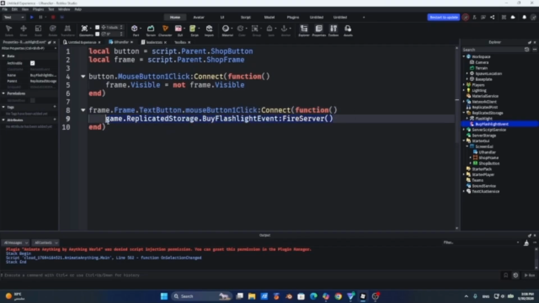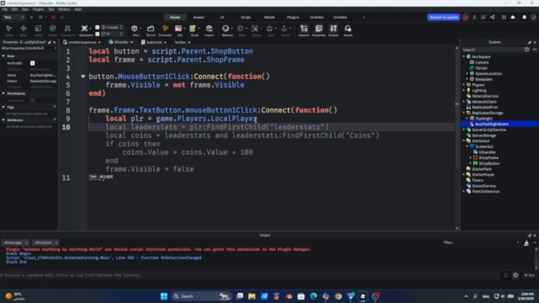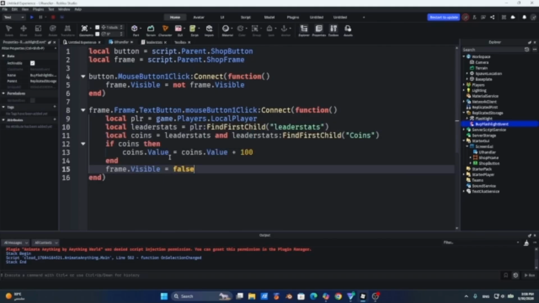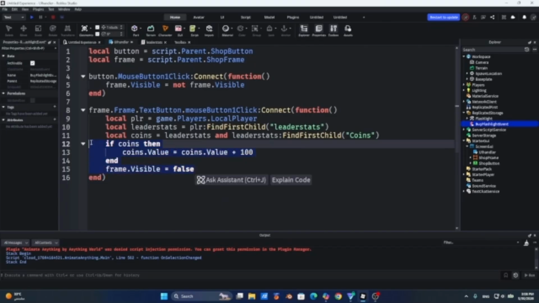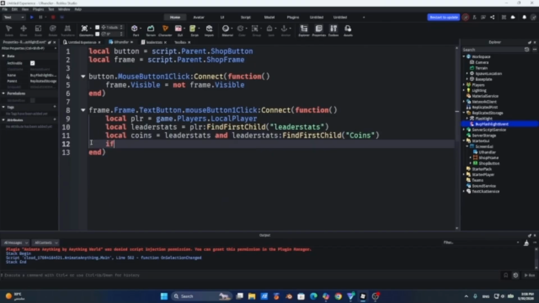check if the player has enough money. So I'm just gonna do local player equal game.Players.LocalPlayer. So I'm just gonna say, look, if coins,